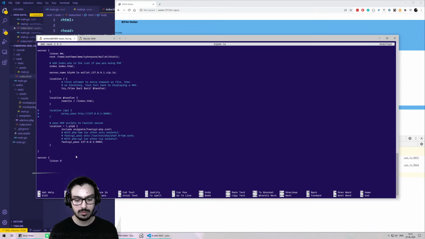So we got the server, let's listen on port 80, define the root to be alt static, index becomes the index.html file, server name is vault, followed by this URL, and then